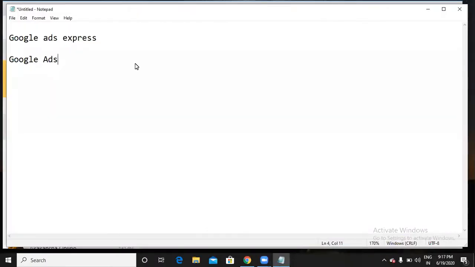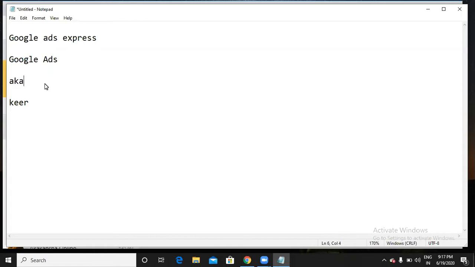Two tools you can use: one is Google Ads Express and the other is Google AdWords. Both are the same kind of tools, both published by Google only. So what is the difference between those two tools? Let us take that Akanksha is there and Kirtika is there. Kirtika was aware of Google Ads, so she knows the different kinds of networks, she knows what business she has, and she knows what targeting options she wants to choose. Yes, of course, she has some minimal knowledge of Google Ads, whereas Akanksha, let us say, has some